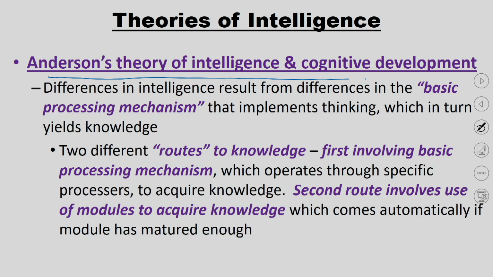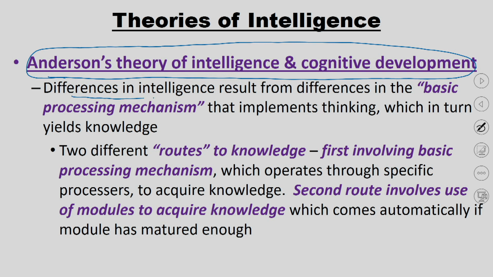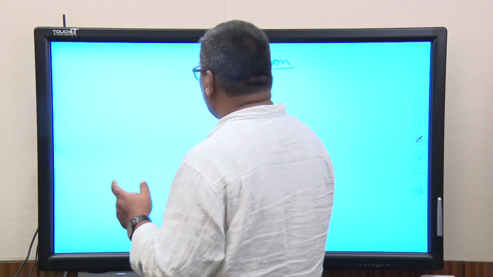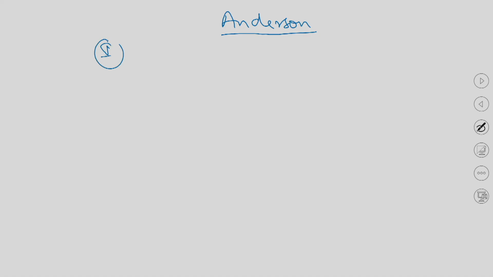So, Anderson's theory of intelligence and cognitive development. What does Paul Anderson believe intelligence is? Now, what Anderson believes is that differences in intelligence result from differences in the basic processing mechanisms that implement thinking, which in turn yields knowledge. Basically, Anderson believes that intelligence is a 2-part process. There are 2 types of intelligence. One is called intelligence through the basic processing mechanisms,